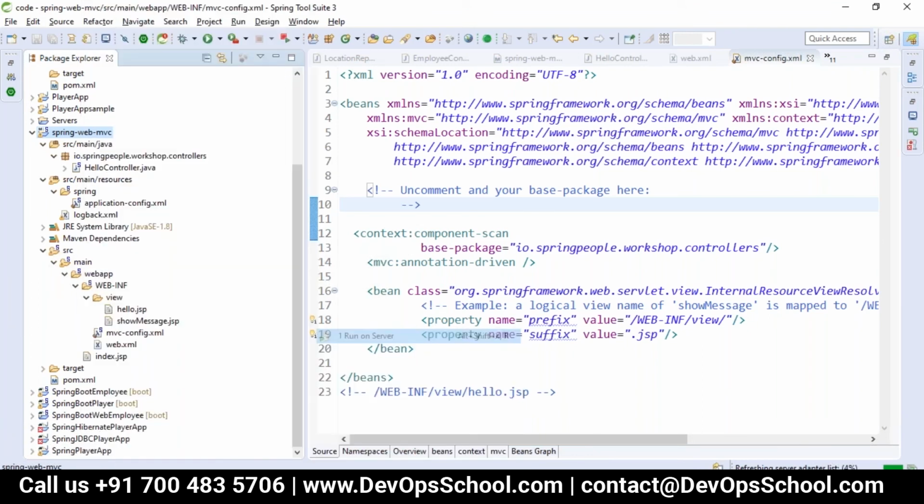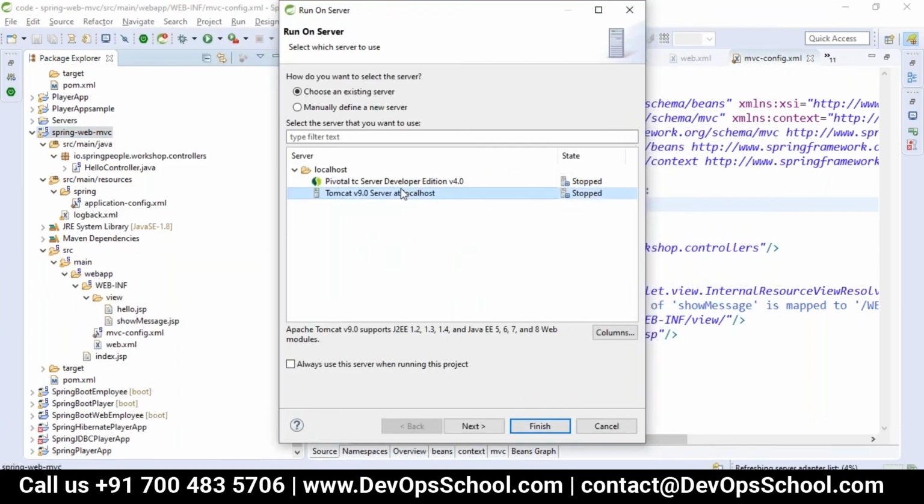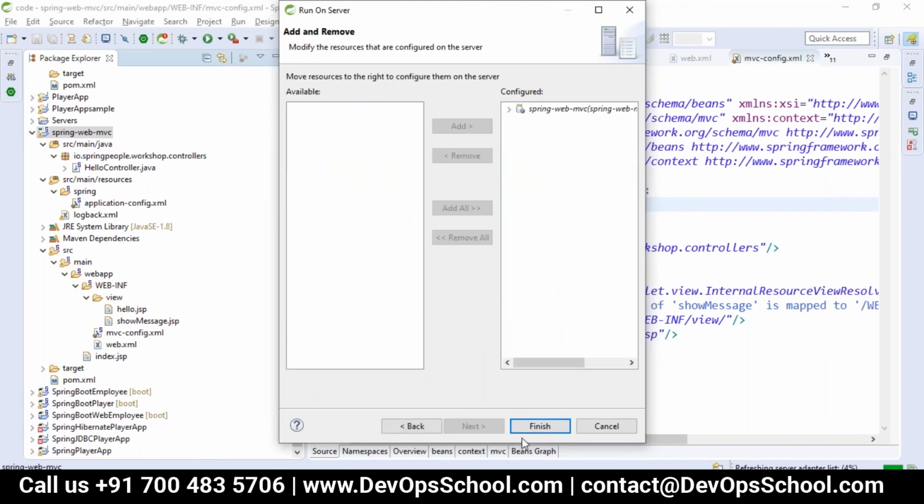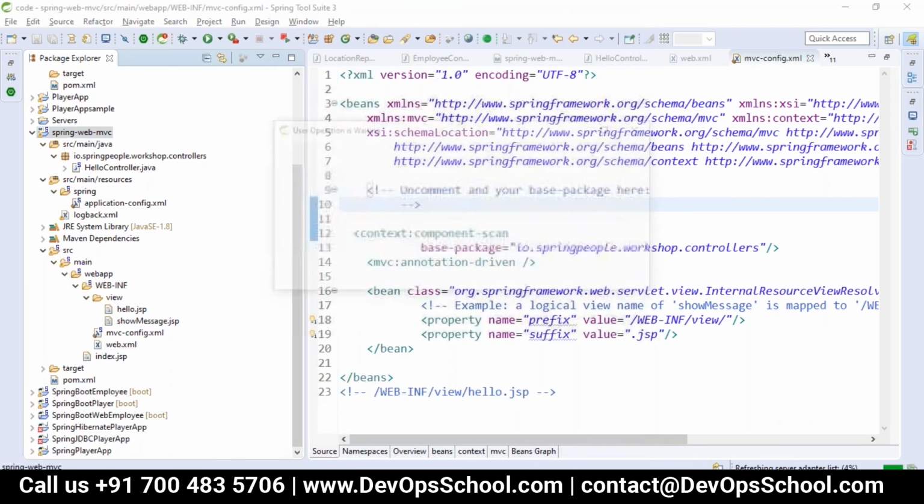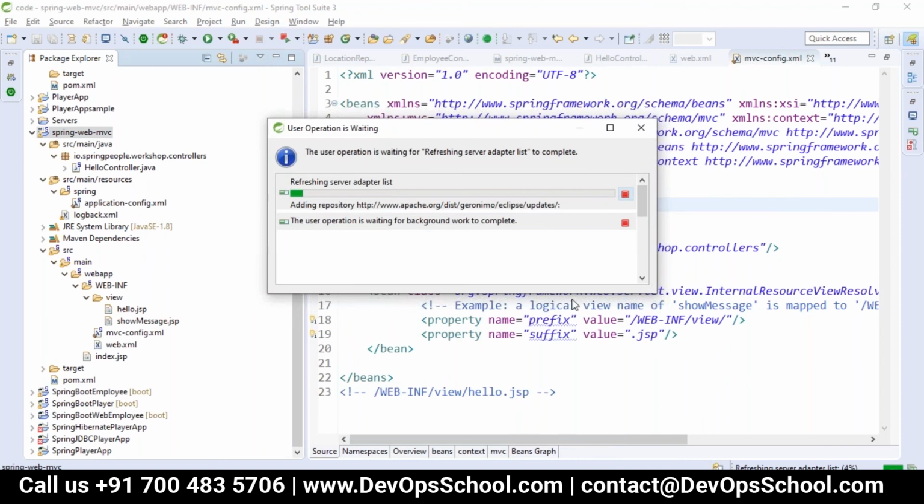It is a Spring Web MVC. So let it reload.